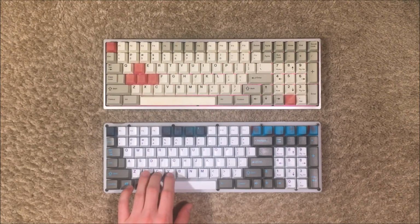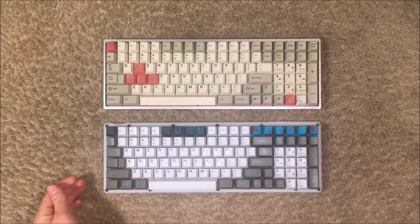This one specifically has 60-gram lubed vintage blacks, which I received from Heroin BB, who is a California user who does a lot of switch testing, switch science, stuff like that. He's also one of the big sources of vintage blacks. And I guess comparing these two...